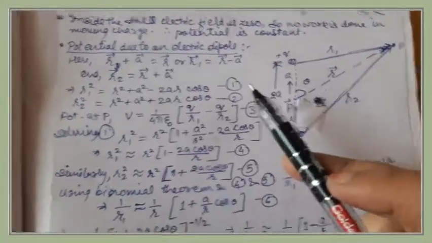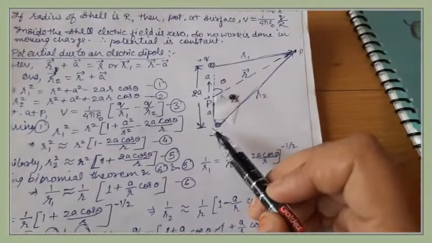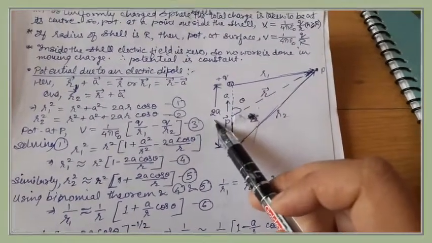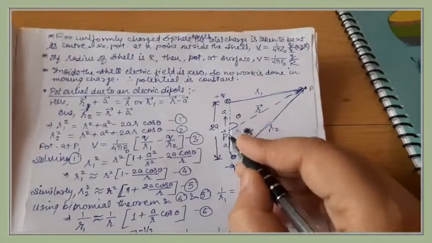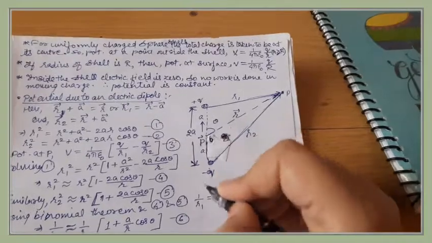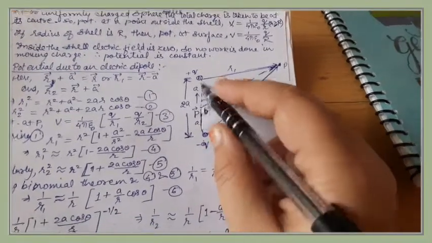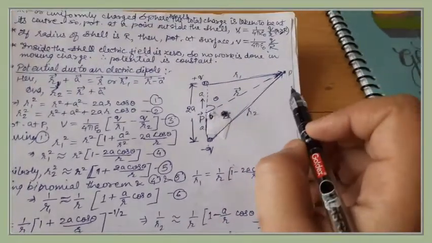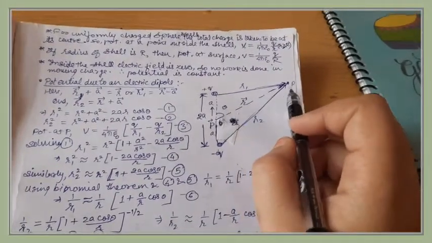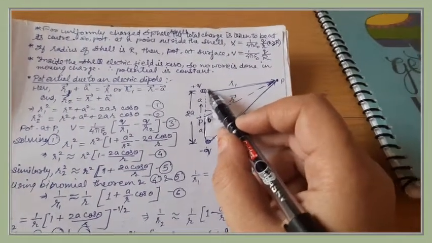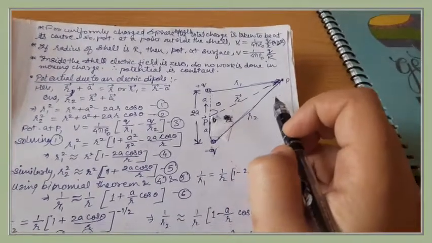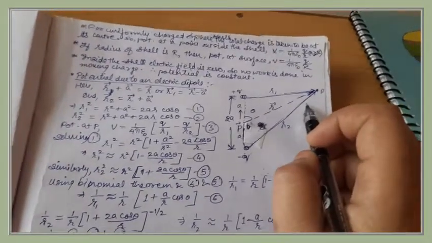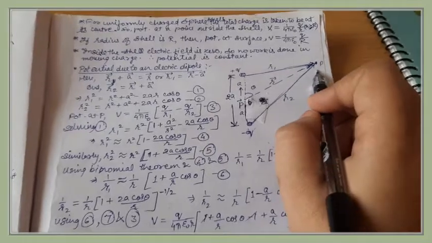Next, we determine the potential due to an electric dipole. Suppose we have an electric dipole having equal positive and negative charges separated by a distance 2a. The midpoint of the dipole be point O, and the dipole moment be p. Then the half lengths of the dipole from point O to each charge are a each. Now we consider point P having positions r1 from charge plus q and r2 from minus q, and vector r is the position vector from the center of the dipole. So we want to determine the potential due to this dipole at point P, which is the point under consideration.